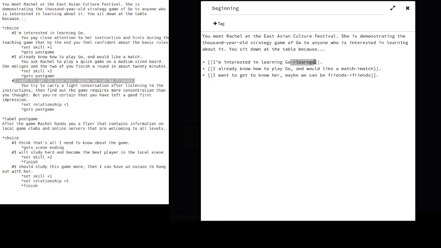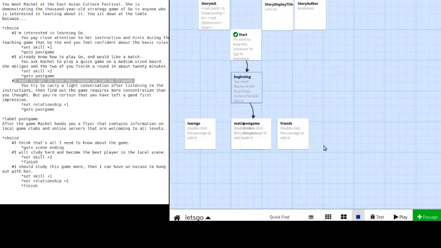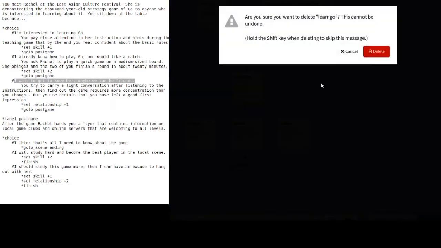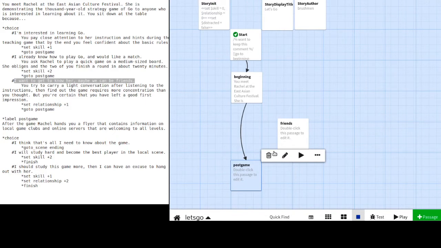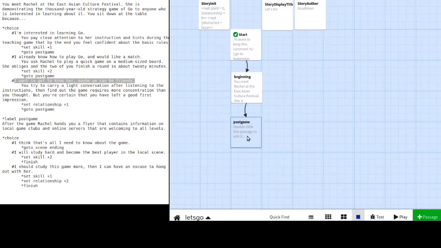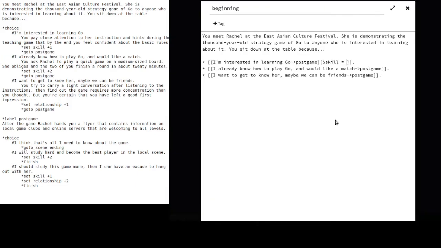What if you want to reduce the number of passages without changing the underlying story? In this case, all three choices lead back onto the same narrative branch, which in the ChoiceScript version is the part of the story labeled postgame. Another way to handle the passage flow in the SugarCube version is to have one passage named postgame and link each choice to it. Using double bracket link syntax, you can change the variables without needing to use the set macro. This is another case of having multiple ways to do the same thing in SugarCube.